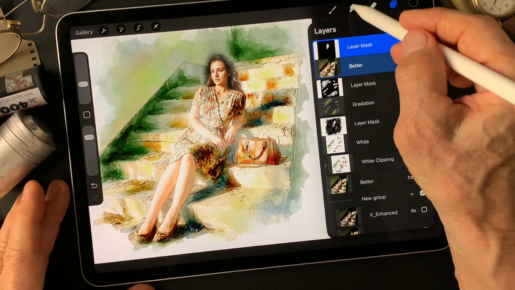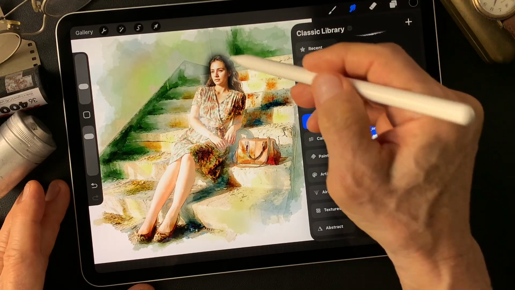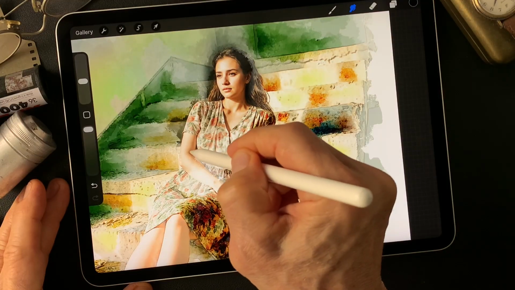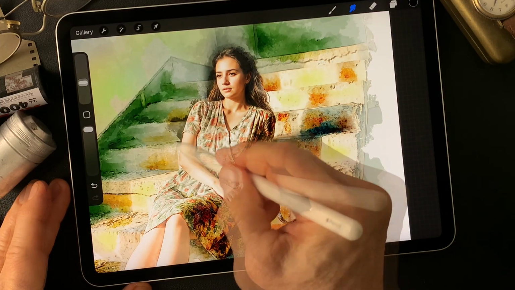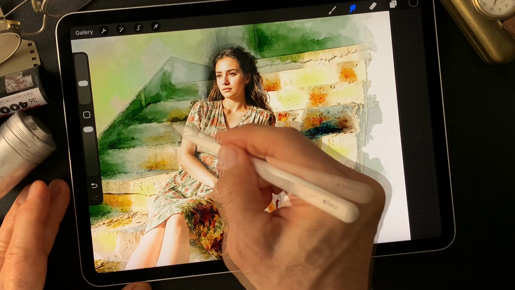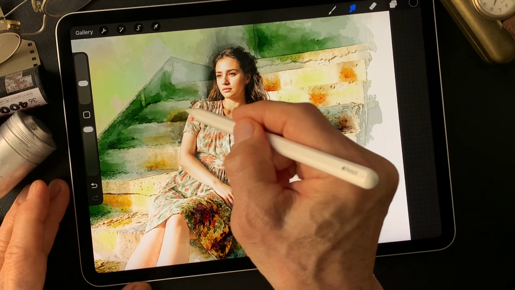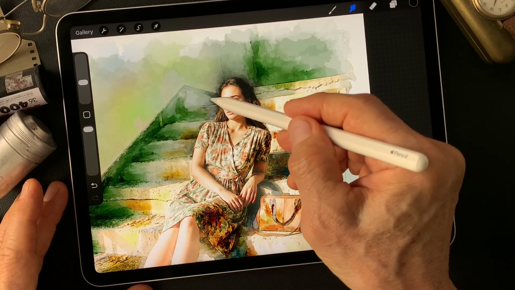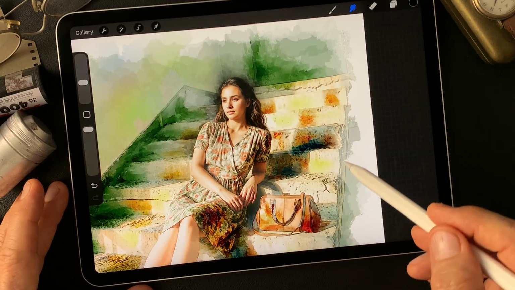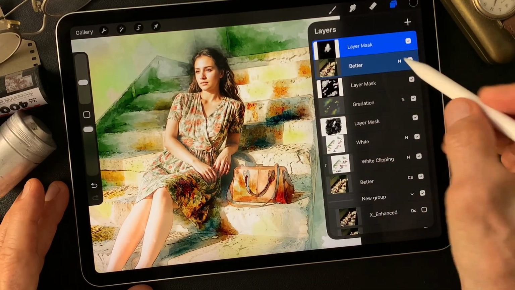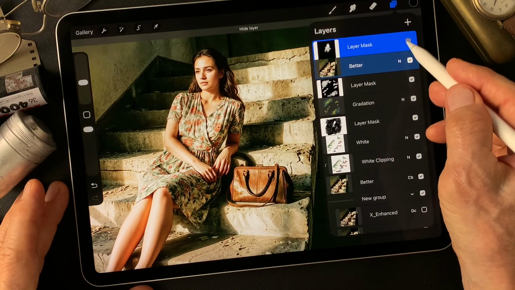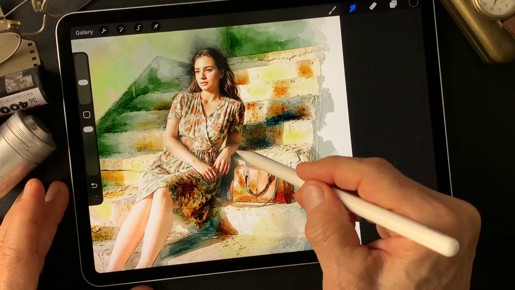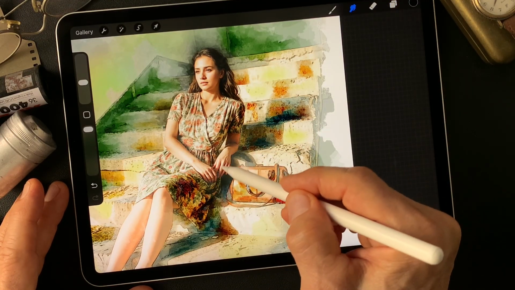Again, blending with smudge tool. Okay, blending with this mask. Alright, then now I wanna